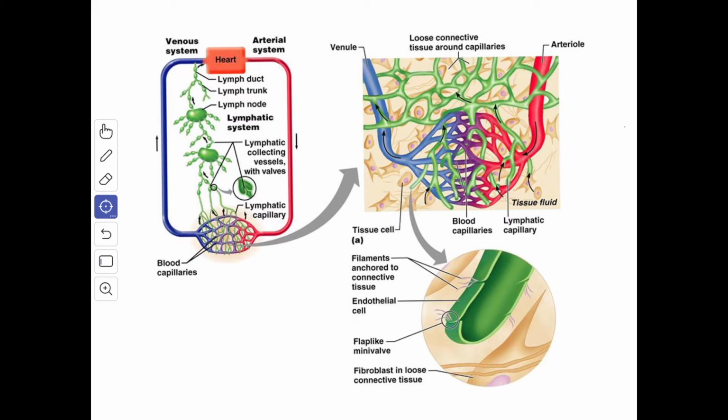When the circulating blood reaches the capillaries, part of its fluid content passes into the surrounding tissues as tissue fluid. Most of this fluid re-enters the capillary at their venous end. Some of it, however, returns to circulation through a separate system that is called the lymphatic system. The fluid passing through the lymphatic vessels is called the lymph.